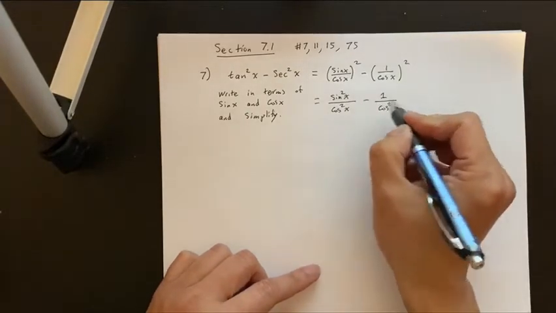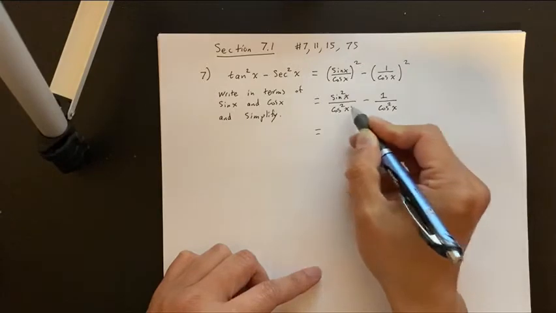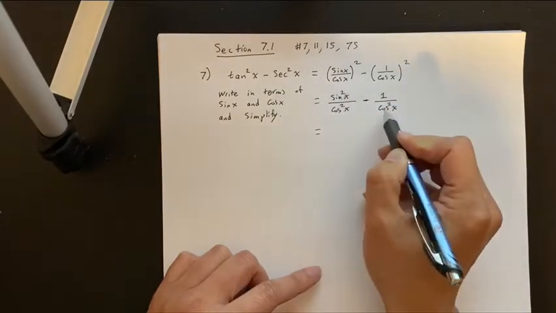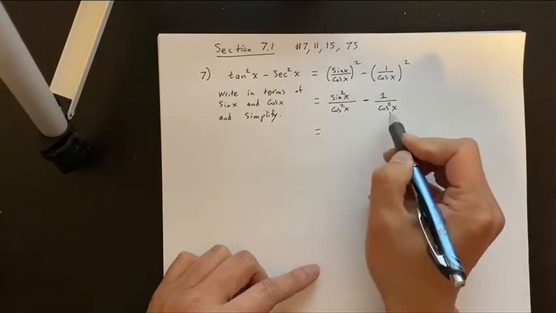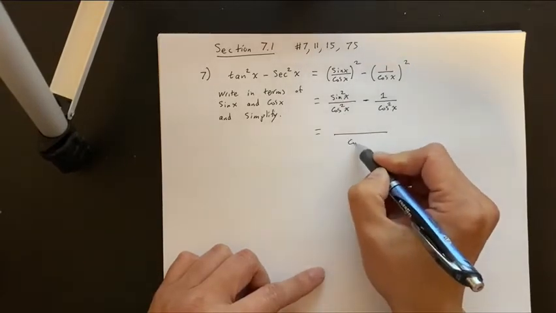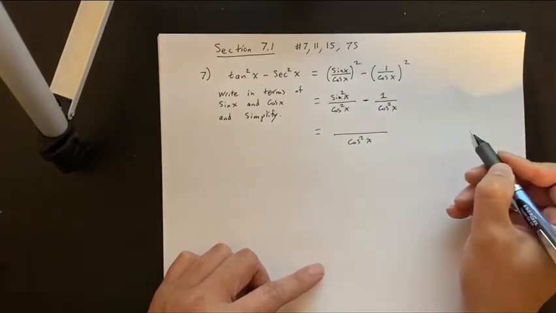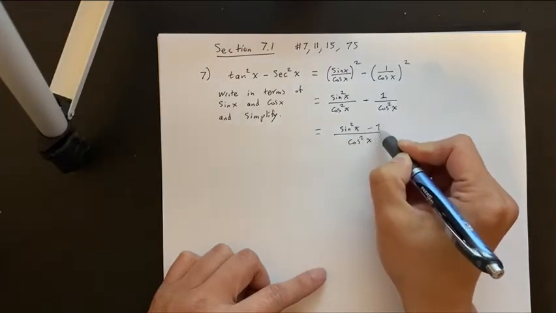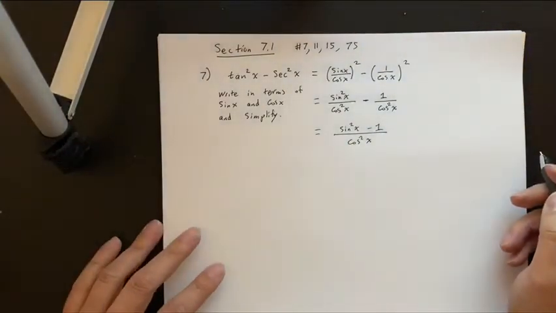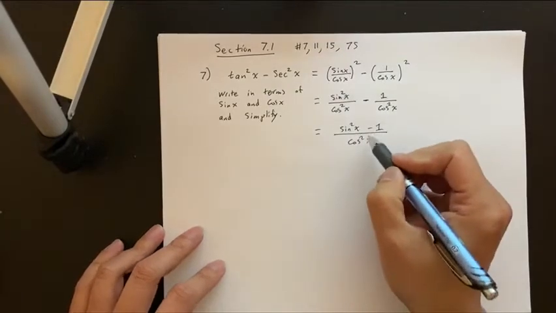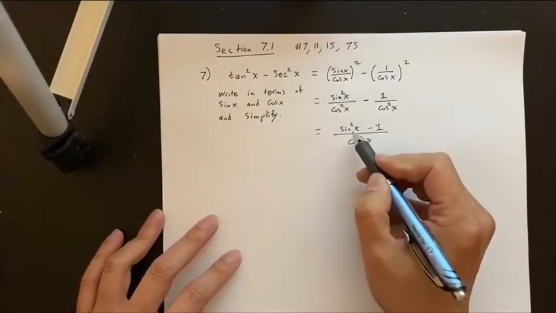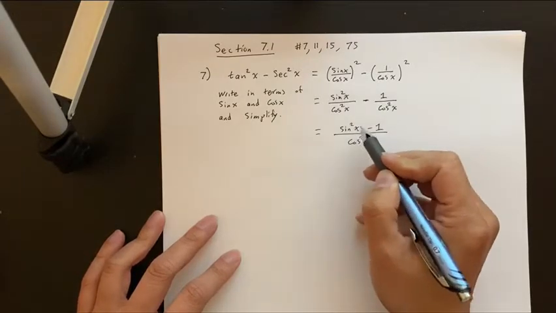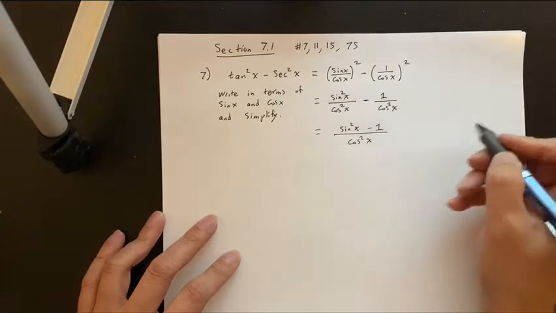All right, well, you have 2 fractions. You can combine that into 1 fraction. To add or subtract fractions, you need the denominator to be the same, and we do have the same denominator, so this is just going to be cosine square in the bottom, but it'll be sine square x minus 1. Okay. So after doing trig for a while, you'll see things. So I see here that sine square x minus 1 is not quite what I want. I actually want 1 minus sine square, because I know